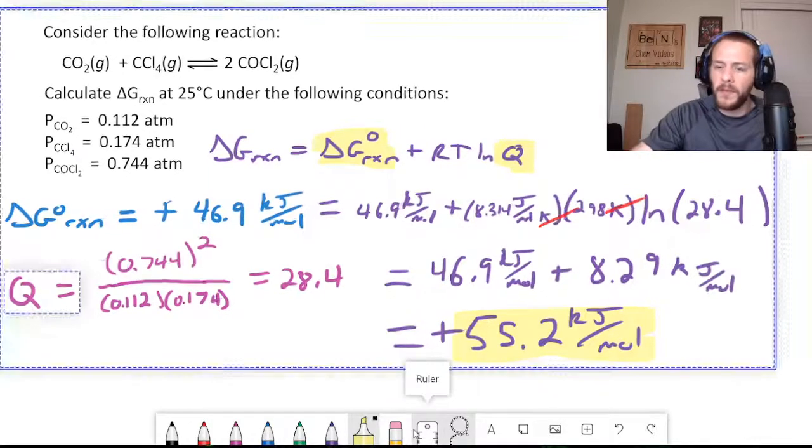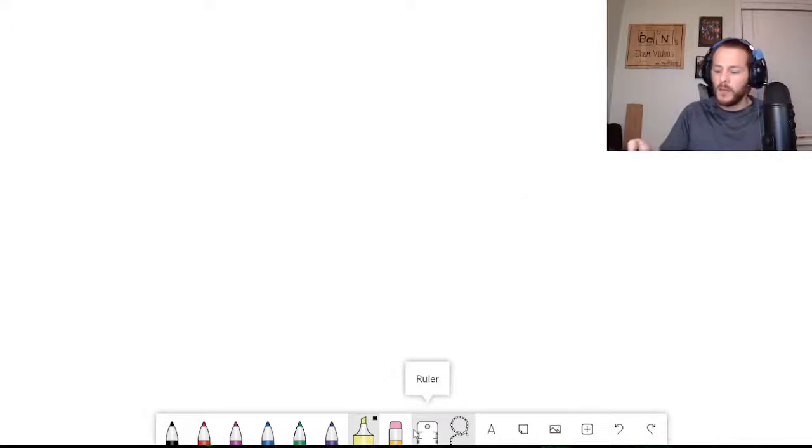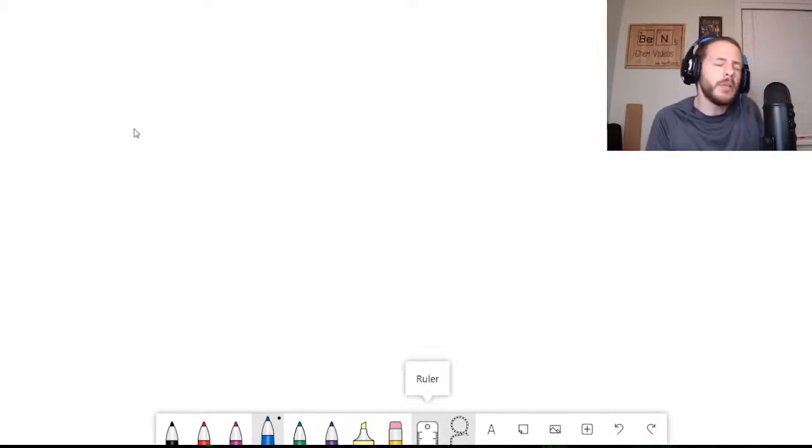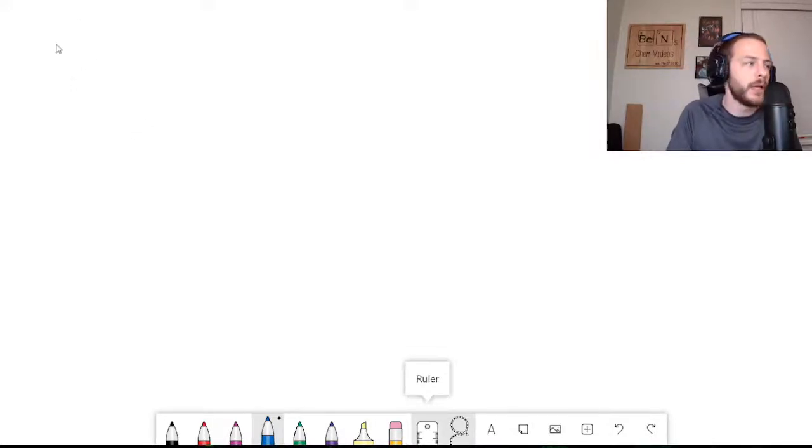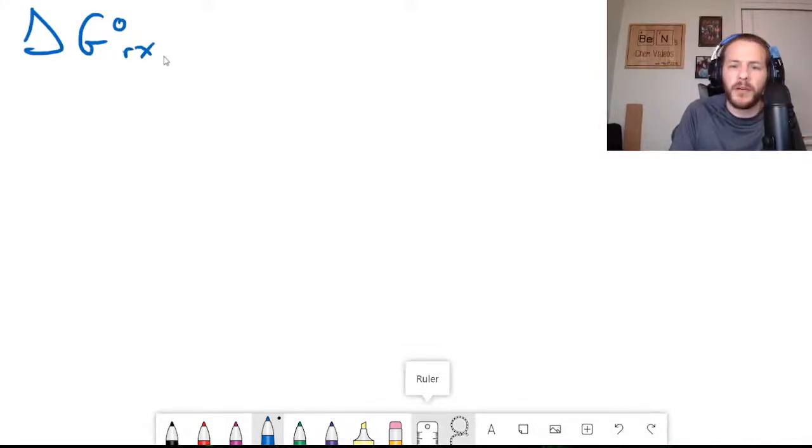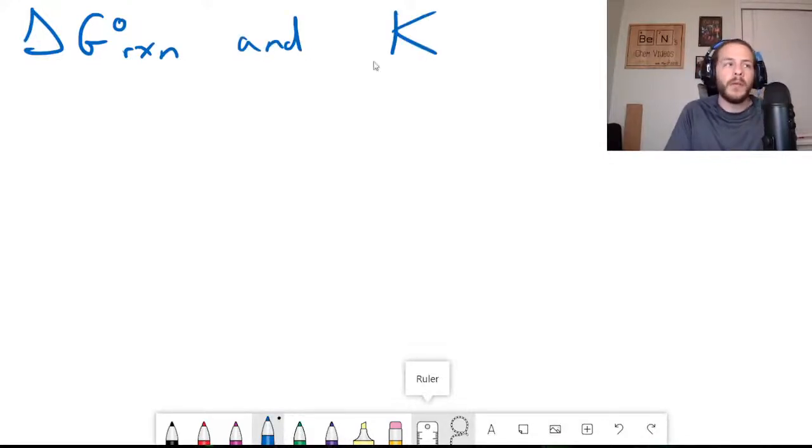So the last little thing that I'm going to show you guys is the relationship between standard Gibbs free energy change for a reaction and the equilibrium constant, right? So we're looking at the relationship between standard delta G for a reaction and K, right? The equilibrium constant. So again, this requires us to dig back into our memory banks back when we were studying chemical equilibrium. Like I said, if you're fuzzy on equilibrium, I have a whole playlist talking about it, so you're more than welcome to check that out,